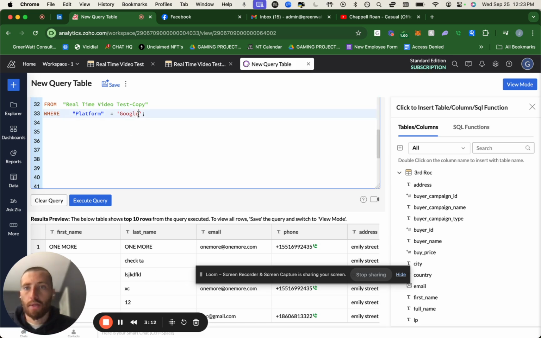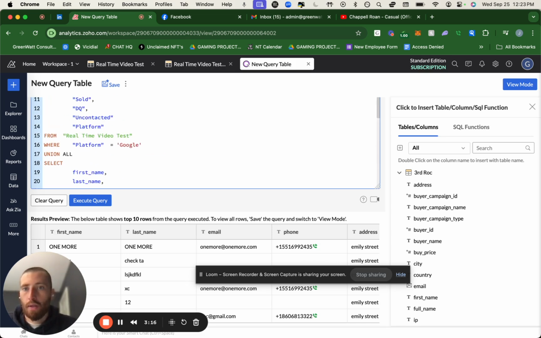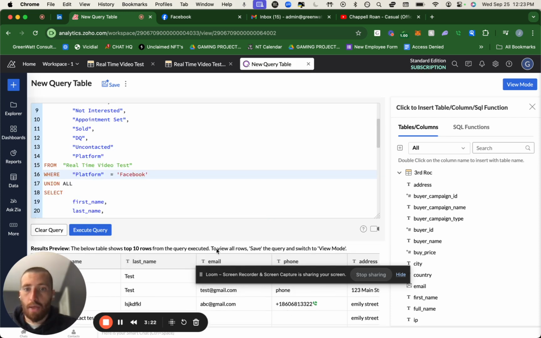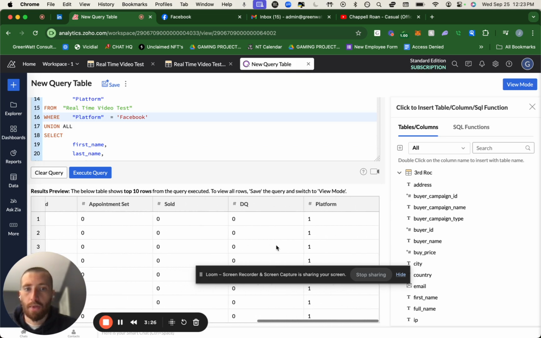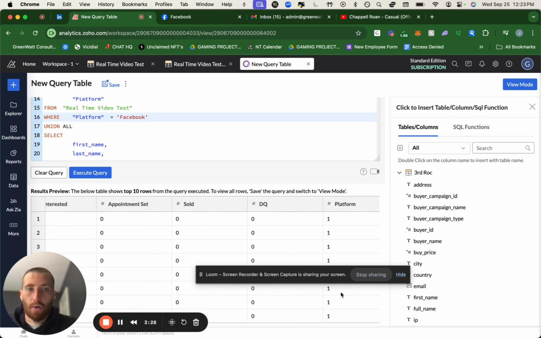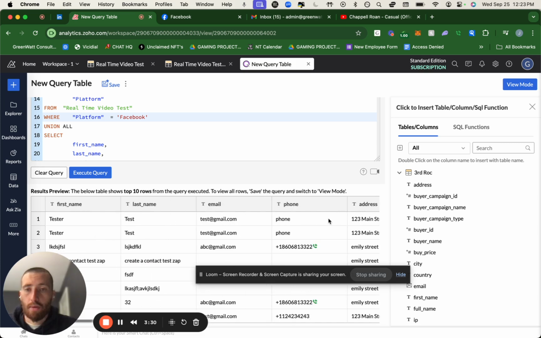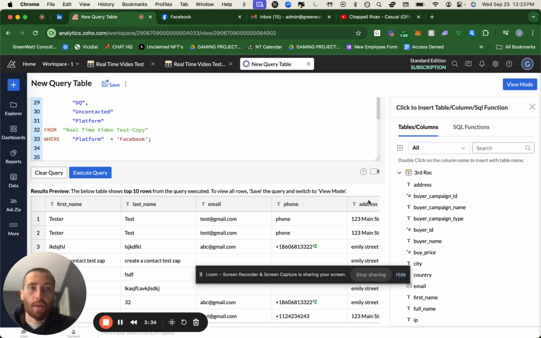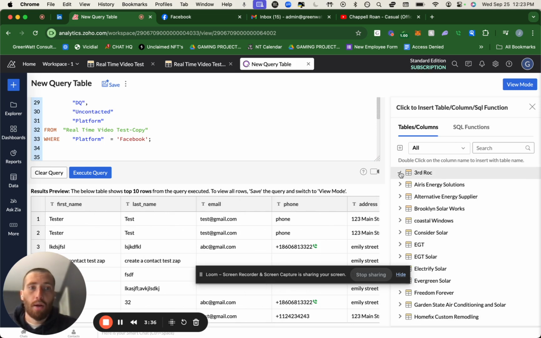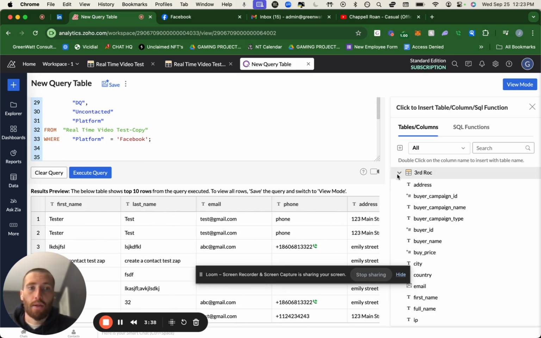So if I did this, and let's say I changed it to Facebook, and like I said, you could do this all the way down to the ad set level, the campaign level, etc. See, it's going to change it. And now these are all the ones from Facebook. So these all have the 1 because they're the platform Facebook. And now you can see the Facebook. So now this will give you a table of all of the combined data